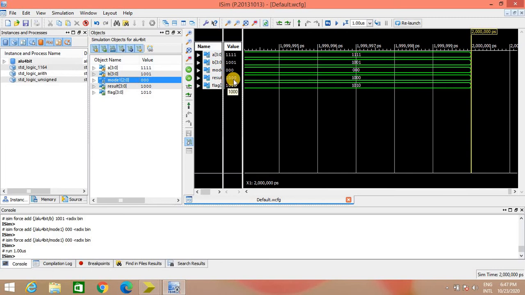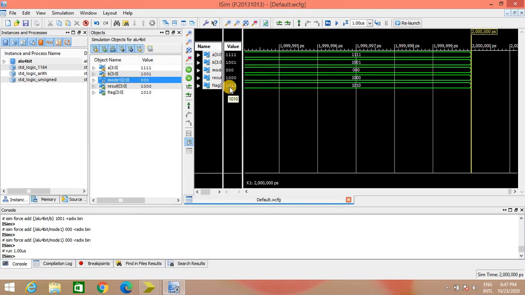Then where has that carry been reflected? It is reflected in the carry flag. If you can see this, the carry flag is set. It indicates that a carry is generated due to the addition of A and B. If you concentrate on the sign flag, it is the same as the MSB of the result. This is 1, so the sign flag is also 1.